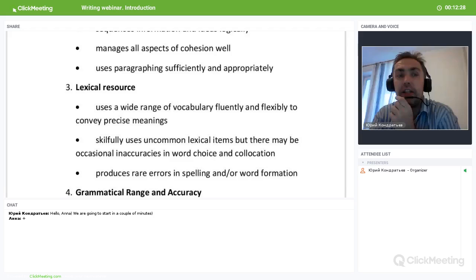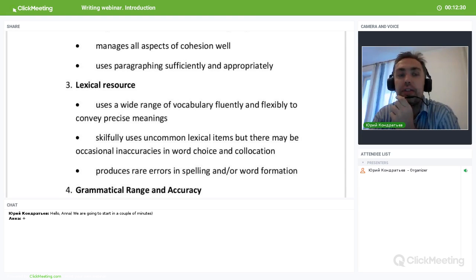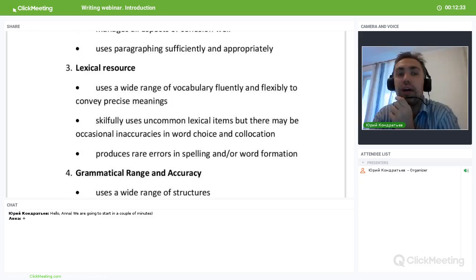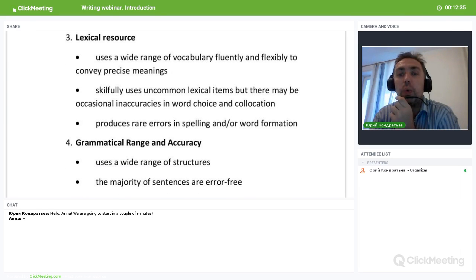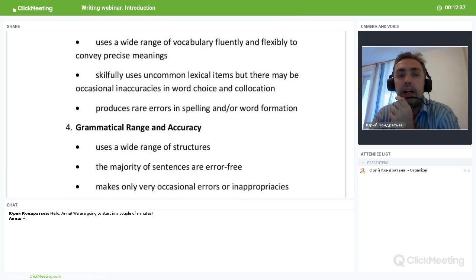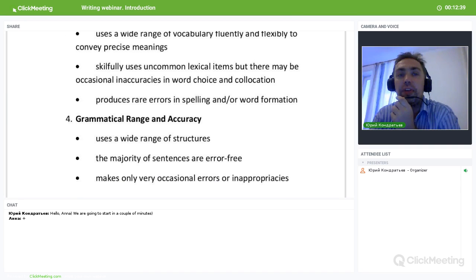We're talking about evaluation criteria for IELTS essays. So then a candidate to score 8, he produces rare errors in spelling and or word formation. All right, and the fourth